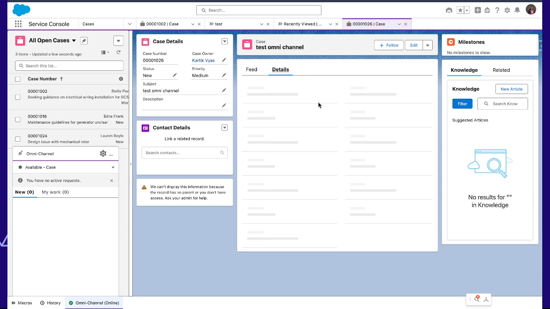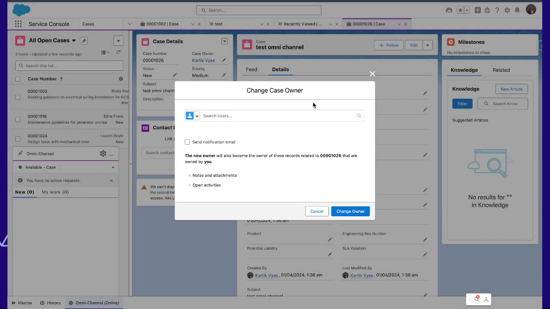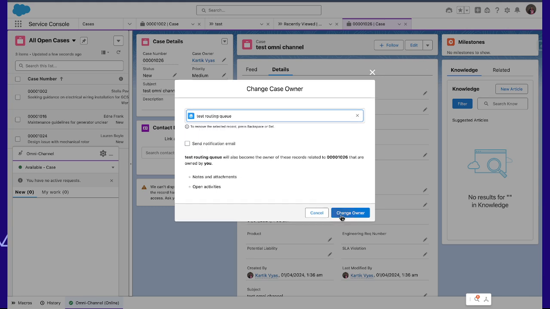Now whenever a case is assigned to that queue, it will be routed to me because I am a user of the queue. So I change the owner to queue, finding the test routing queue. The case is available and we are routing it to the test routing queue.